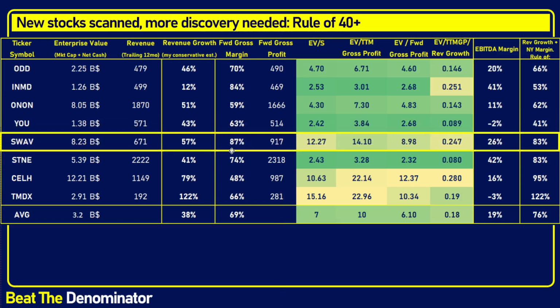Moving on to Shockwavve, ticker symbol SWAV. So Shockwavve Medical is a stock where, quite frankly, I'm attracted by these metrics of growth and EBITDA margin. Quickly, what is Shockwavve? Shockwavve focuses on one of the side issues of atherosclerosis, which is calcium deposits. What SWAV does is they use sound waves in order to break calcium deposits inside veins and arteries, and it's a very innovative product in that very niche area of healthcare,